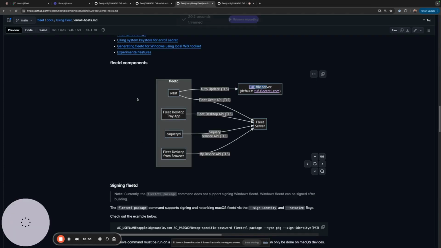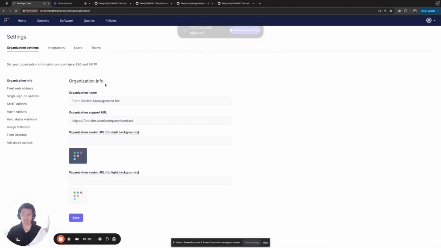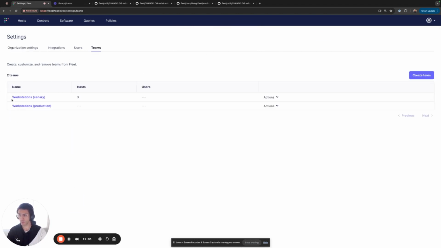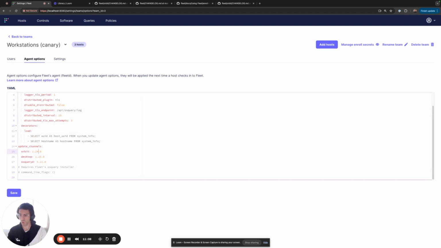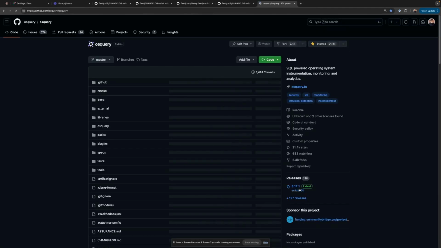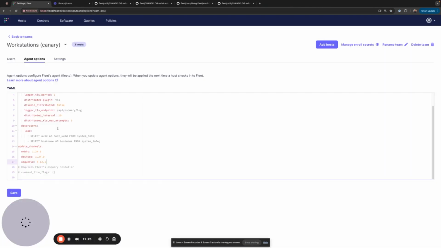So this is, as you probably figure, pretty simple. It's just the same. Everything from Fleet, you don't need to configure devices or anything. You just go to the Team Canary, Agent Options, and you actually set 124. And let's say that we want to upgrade OS query to 5.12.1. I think it's the latest, if I recall correctly. Again, this usually means new features, and we can see here that yes, 5.12.1 is the latest release of OS query. So if we save,